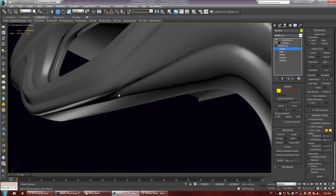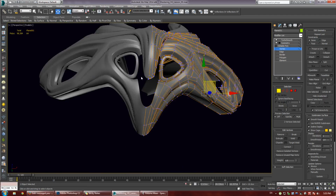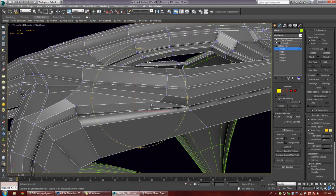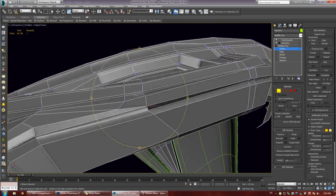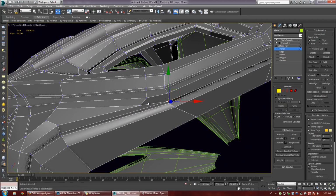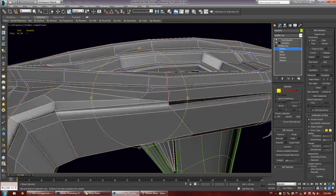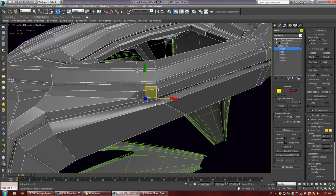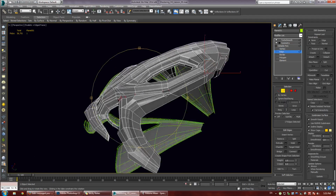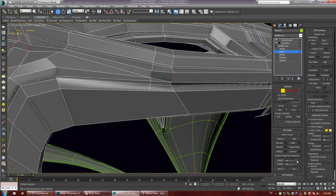There's one little pinch going on here that I'm going to try and fix, and in order to do that, I just need to redirect the topology flow. So you can see we've got some loops flowing along in this direction. So I'm just going to take a quick look at it, visualize how I want to fix things. You can see if I connect a loop down like that, I can select in the center. I'm going to unselect that last piece, connect